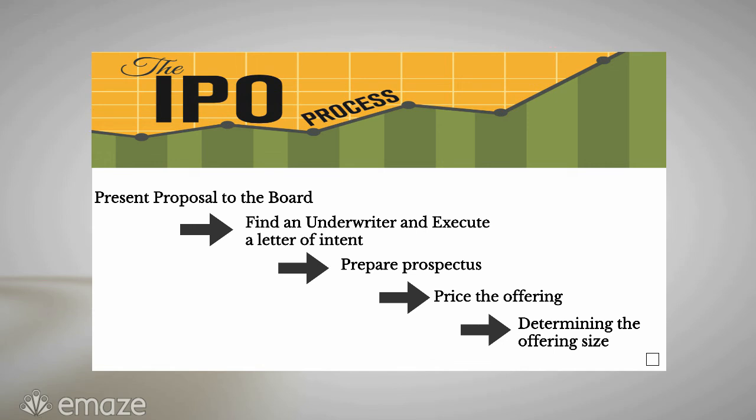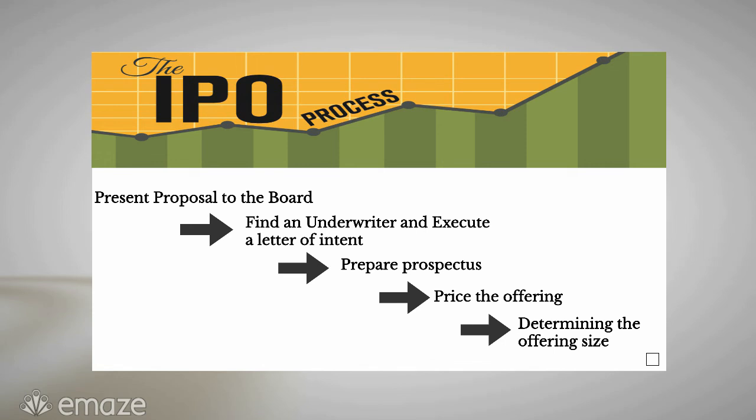So the first thing is, what is an underwriter and what is a letter of intent? An underwriter is a financial institution such as an investment bank or accounting firms. 2 examples of underwriters in Jamaica are the Sagicor Bank and PricewaterhouseCoopers. An underwriter ensures that all the financial data is available to the public, and they also provide service of